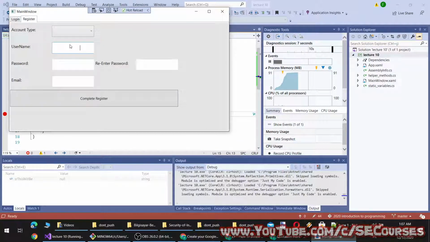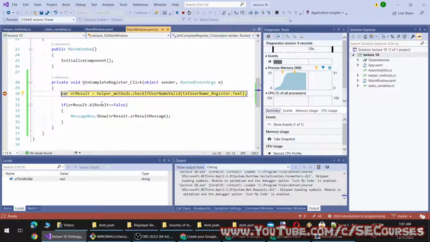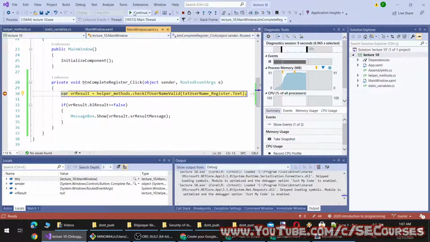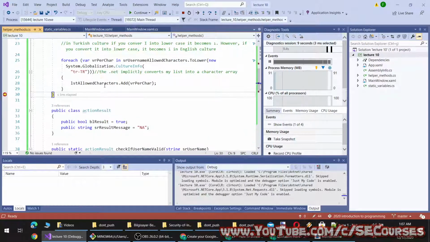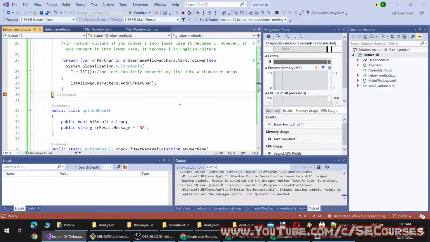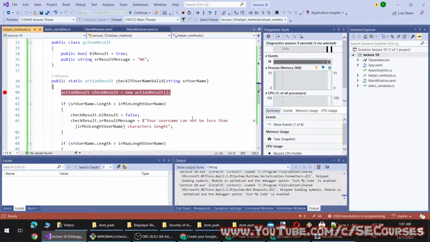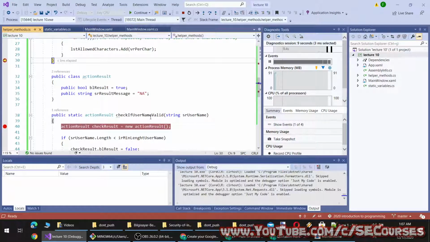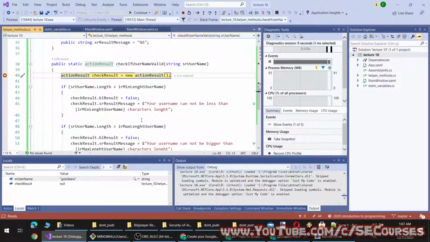Okay, let's click. Okay, let's continue. Okay, so the list is initialized. You see, it contains all the uppercase letters. It also contains my Turkish letters. You see, Turkish characters, this space character, and this character. I don't know the English, what was it? And the lowercase characters. Okay, and then it will continue executing the method call here.